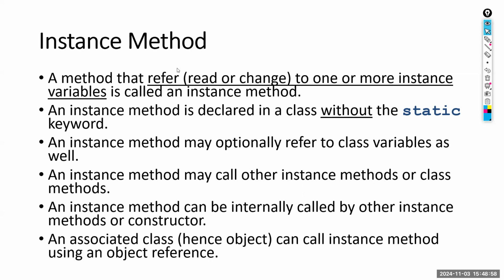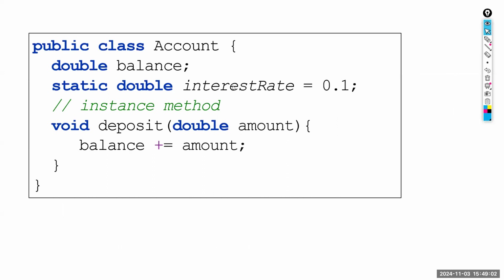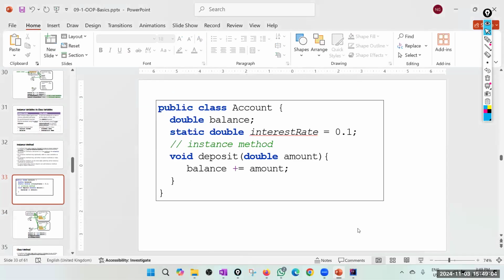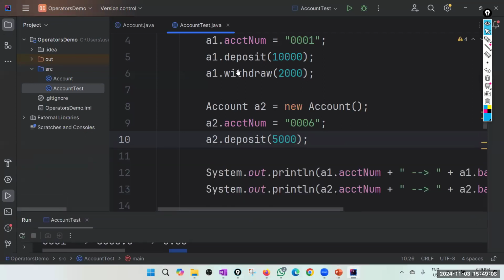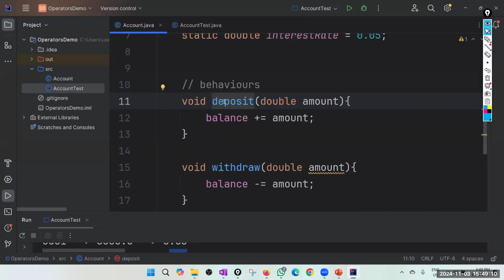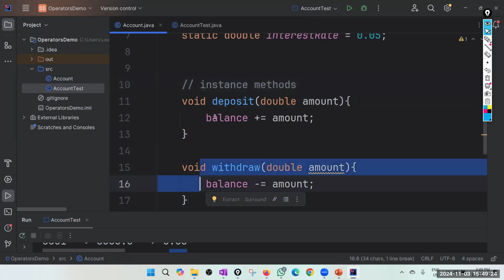If you have the static keyword, that is a class method. For example, we already have two instance methods. What are those two instance methods? Deposit and withdraw. You can see there is no static keyword. Both are instance methods.